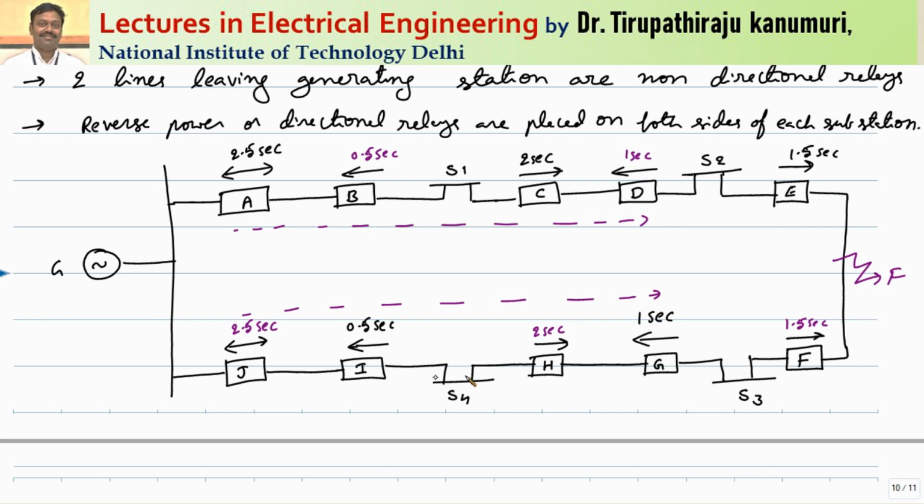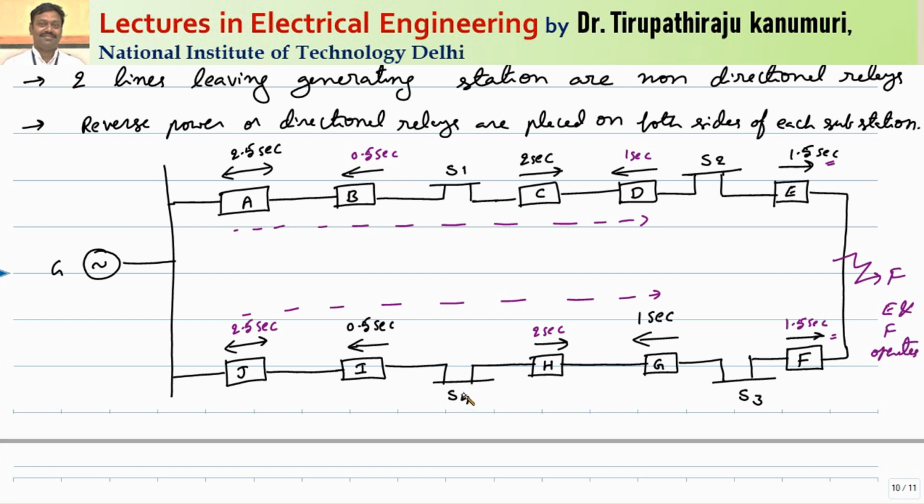These timings are not fixed. Actually, I am keeping them from this direction, how they are oriented. Getting this one? So you can see here, whichever relays are near, whichever are supplying to this one, you can see this time is 1.5 seconds. This time is 1.5 seconds. Out of all this, these are having the minimum possible time of operation. So which relays will operate? Relay number E and relay number F operate.